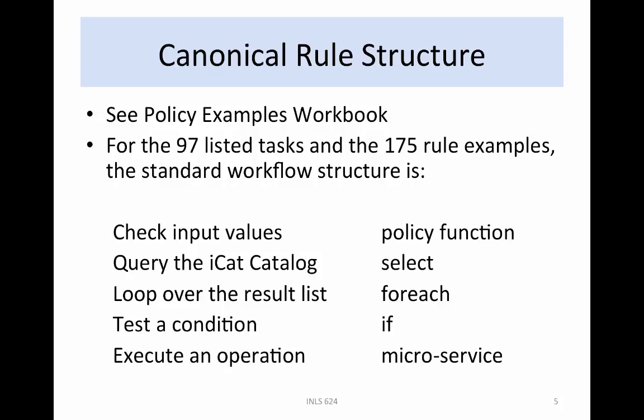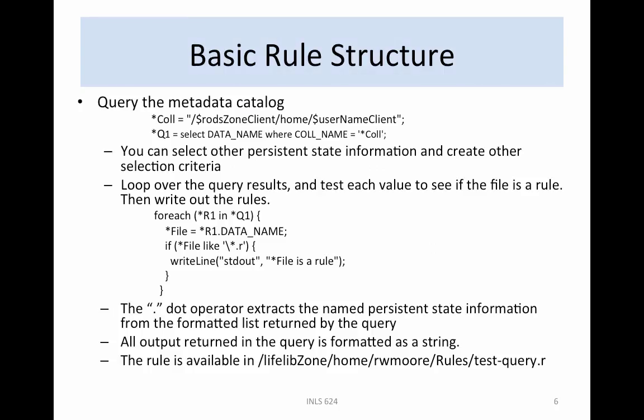Version 4.2 of the iRODS data grid will support a genQuery capability for issuing complex queries to the metadata catalog. This greatly simplifies interaction with the catalog, eliminating the need to do multiple nested queries to retrieve all required information. This in turn simplifies the generic rule structure to a single query and single loop over a result set. The examples in the Policy Examples Workbook do multiple nested queries and thus appear much more complex. The components of the canonical rule structure also have